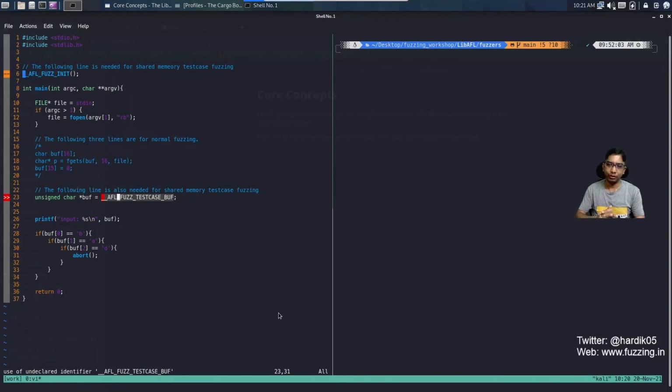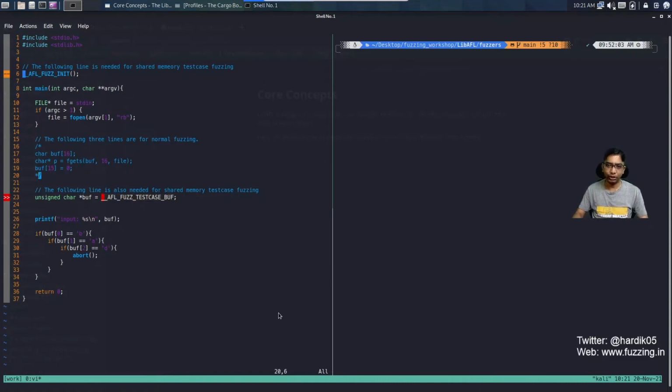And if you recall our persistent mode tutorial, you can go to my older video and see that in that, we used to continuously loop around a particular piece of code for speed. But there is one more concept. If the fuzzer doesn't want to write the file to disk every time and read it from there, then what you can do is use shared memory.